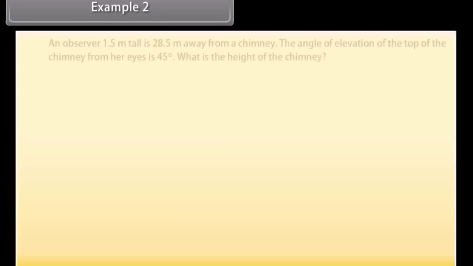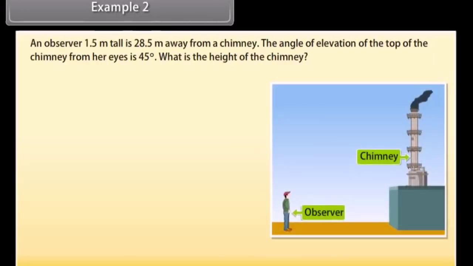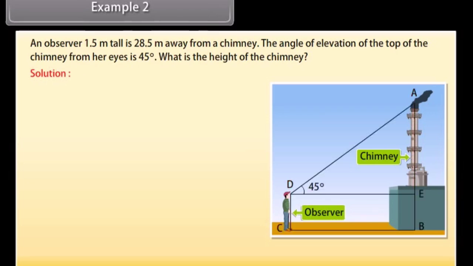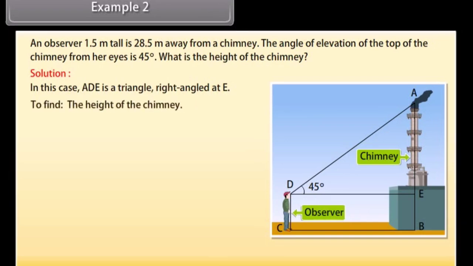Example 2. An observer 1.5 meter tall is 28.5 meter away from a chimney. The angle of elevation of the top of the chimney from his eyes is 45 degrees. What is the height of the chimney? Solution. Here AB is the chimney, CD the observer, and angle ADE is the angle of elevation. In this case, ADE is a triangle, right-angled at E, and we are required to find the height of the